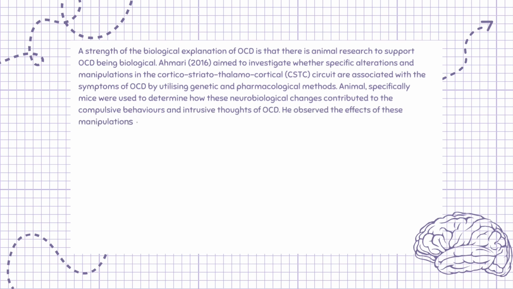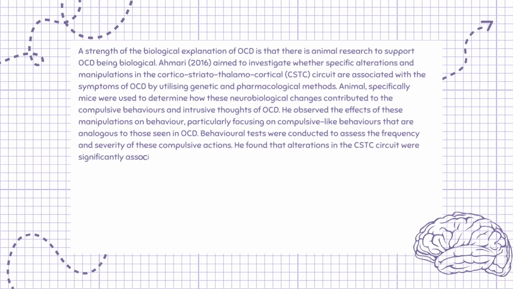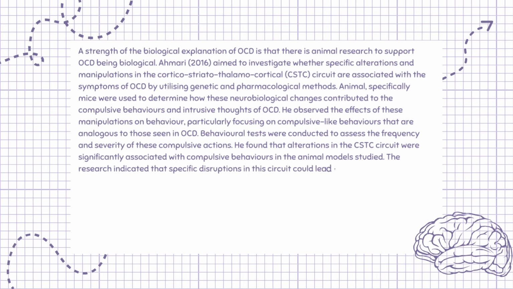OCD. He observed the effects of these manipulations on behavior, particularly focusing on compulsive-like behaviors that are analogous to those seen in OCD. Behavioral tests were conducted to assess the frequency and severity of these compulsive actions. He found that alterations in the CSTC circuit were significantly associated with compulsive behaviors in the animal models studied. The research indicated that specific disruptions in this circuit could lead to increased compulsive actions, mirroring the symptoms observed in